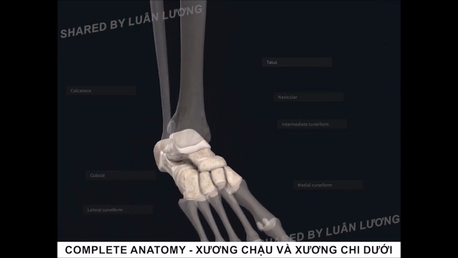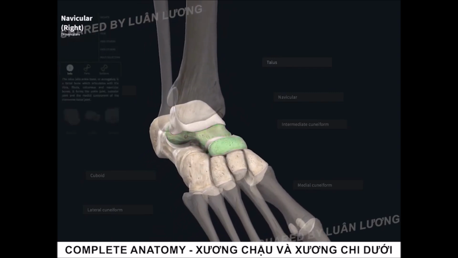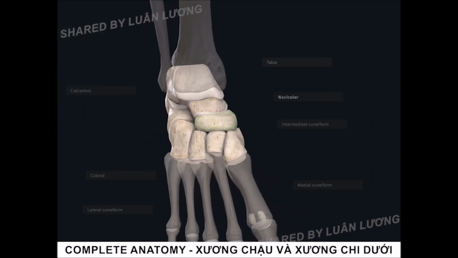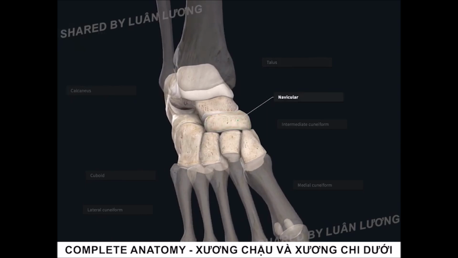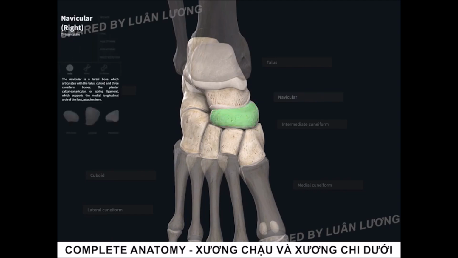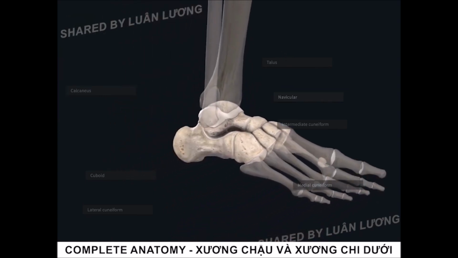And what we can see is that the talus is going to actually meet up with two bones. Anteriorly, it meets up with a small boat-shaped bone known as the navicular. And you may recall that this sounds something like navy, which means ship in Latin. And thus the navicular has this nice, smooth, kind of canoe or boat-shaped appearance, and it's located anterior to the talus. If we were to go inferior to the talus, this would be the location of the large heel bone,